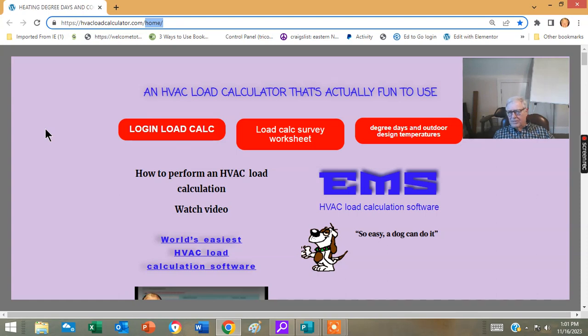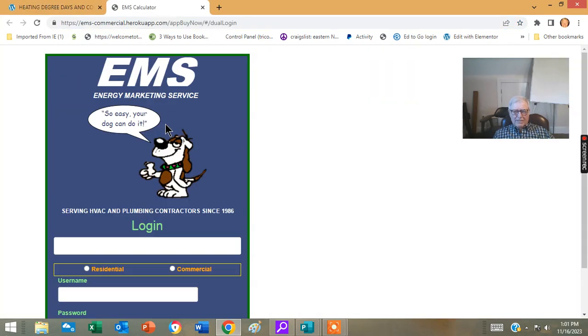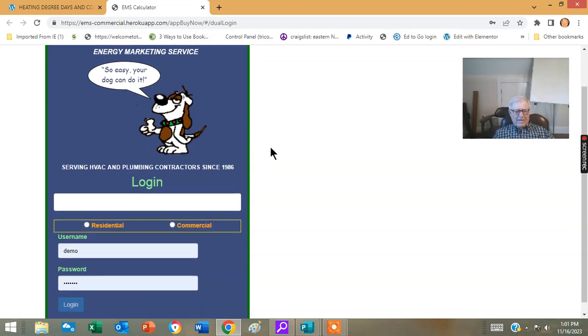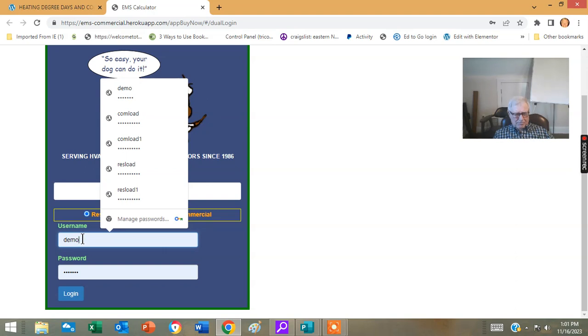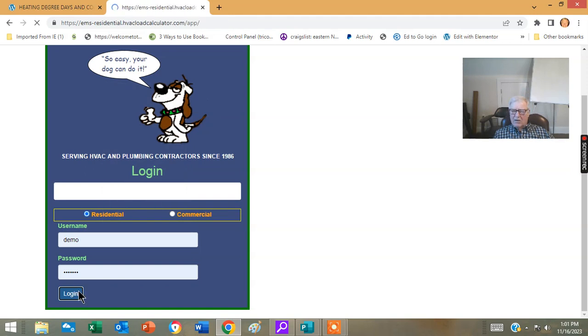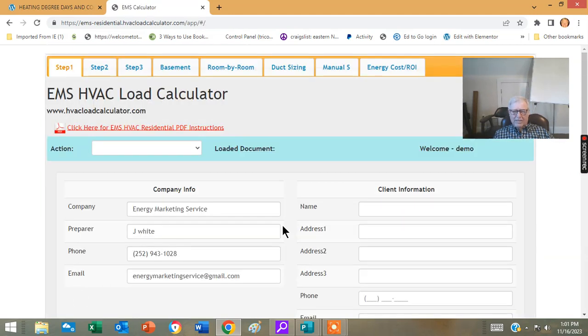Once you have purchased the program, you will have created a username and password. So you click on the login button, and here you are at your login page. We're going to be doing a calculation on a residence, so we're going to do a residential. I want you to put in your username and your password, click login, and hopefully it'll bring you to, there you go, it's bringing you to